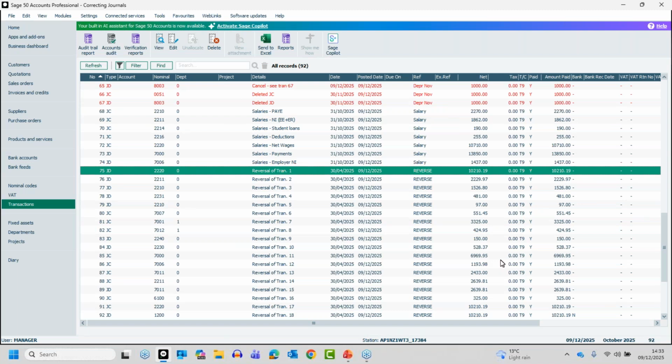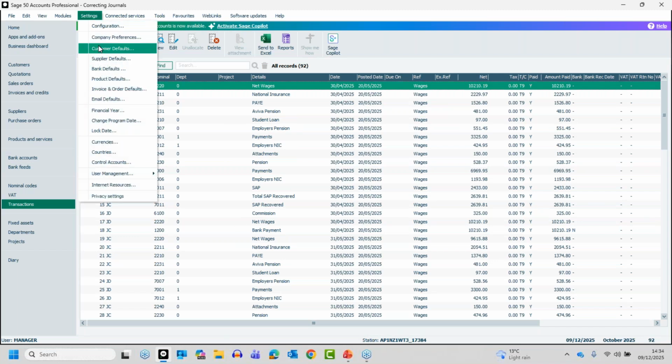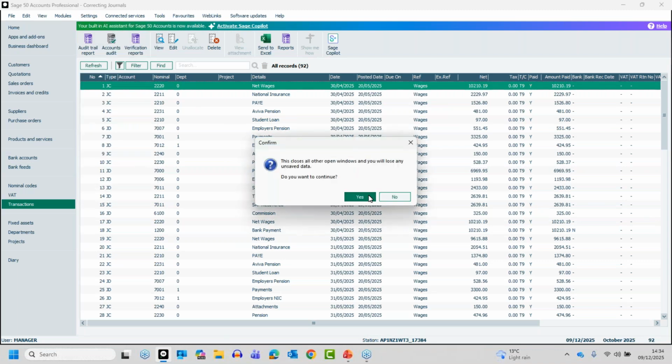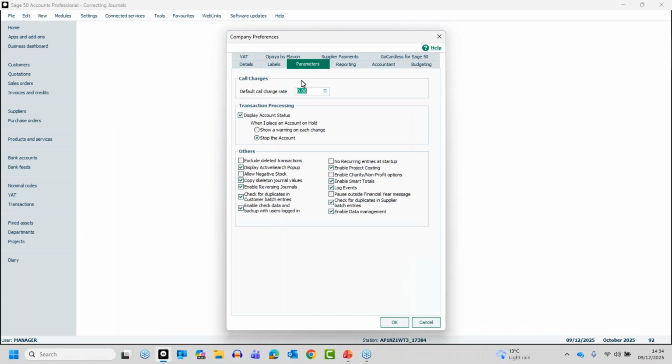Now, just going back to Virginia's question earlier and her comments about having transactions in red, it can make the transaction list look very messy. Now, you'll have probably seen it on some of our other sessions as well. When you go into settings and company preferences, pop in my password again. On the parameters tab, you've got this option here, exclude deleted transactions. It should be switched on by default, that one. Now, by having that ticked,